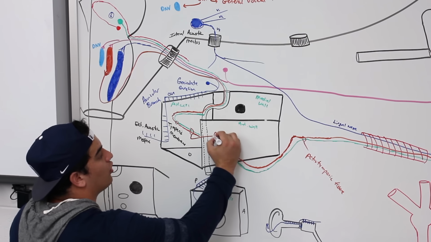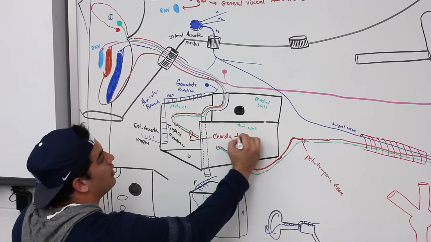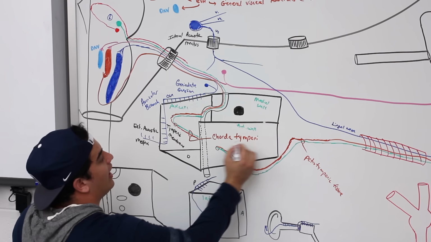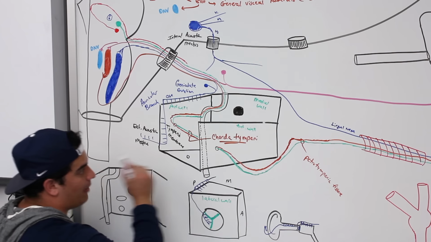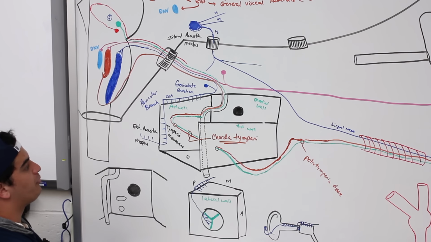So what is this structure here called? It's called chorda tympani. And what is the chorda tympani? It's basically going to be the SVA fibers of the facial nerve and the GVE fibers of the facial nerve. That's it. Okay,